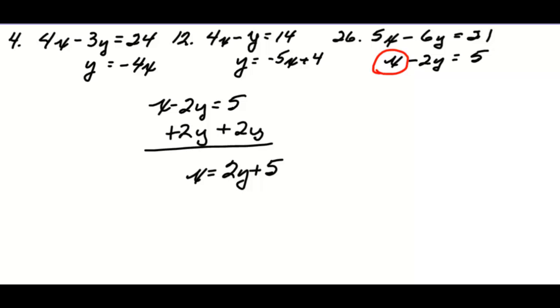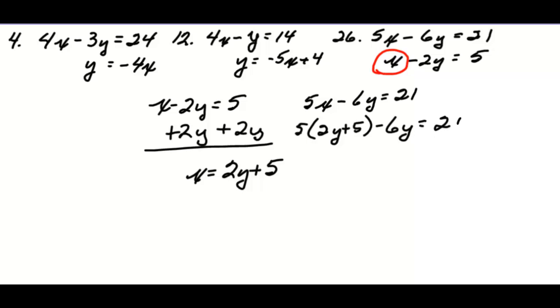Now when we go back to our other equation, 5x minus 6y equals 21, we can substitute in for x: 5 times (2y plus 5) minus 6y equals 21. Distributing, we get 10y plus 25 minus 6y equals 21. When we combine the like terms, which happen to be the 10y and the negative 6y, we'll get 4y plus